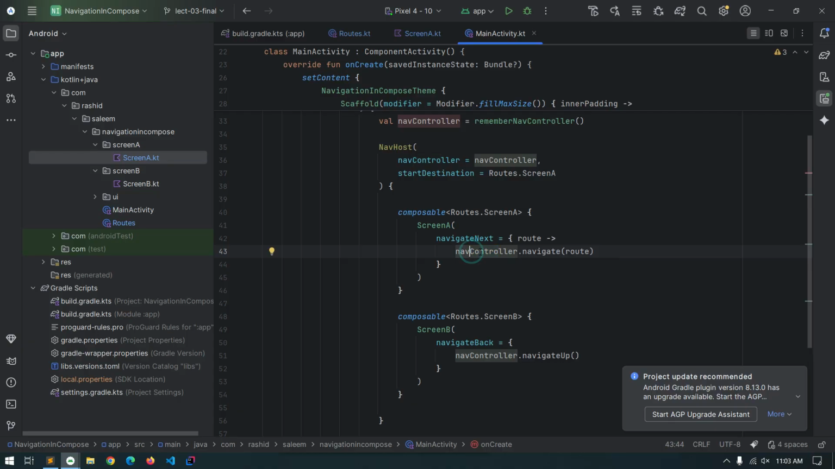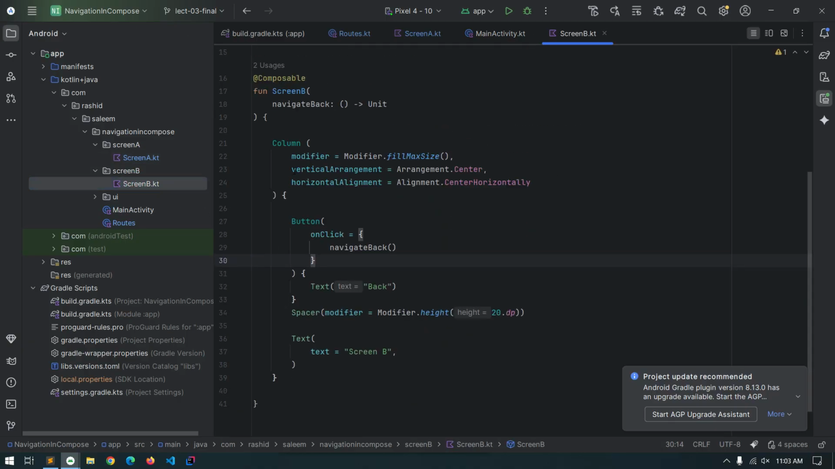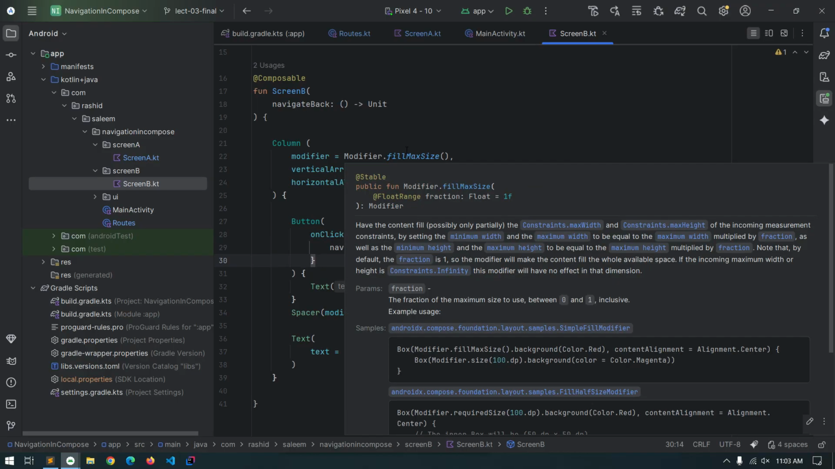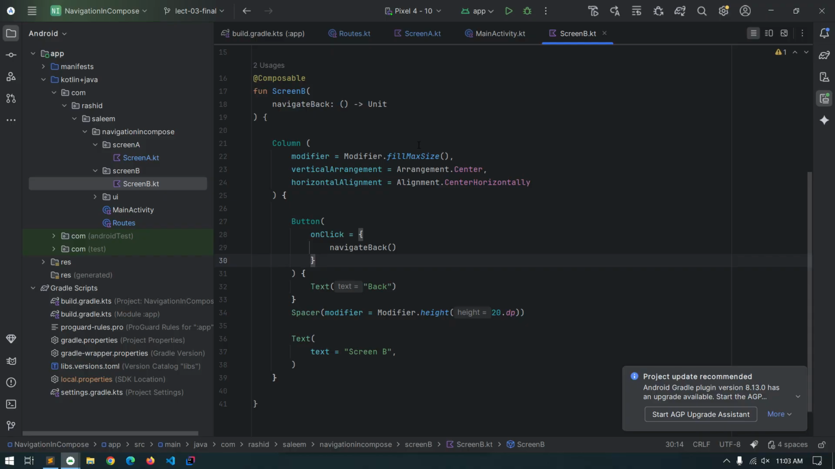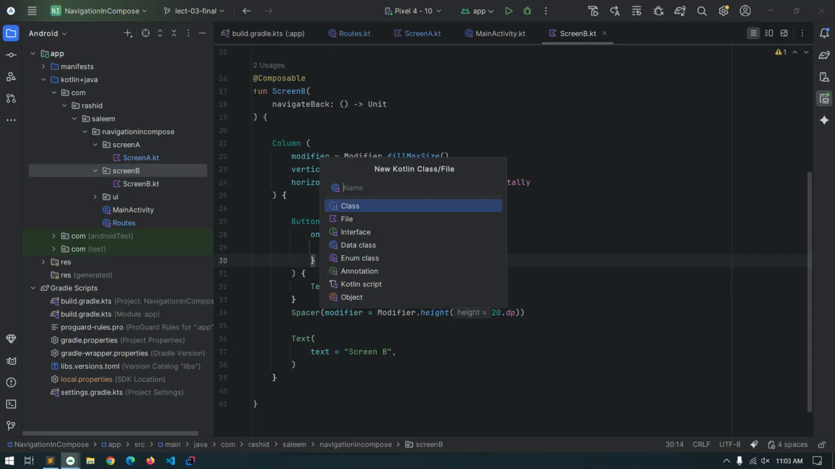So how can we access that parameter in screen B? First, we obviously need that parameter in our view model to perform some further network or other operations to fetch the data to present on the UI. So here we create the view model for this screen, ScreenBViewModel,